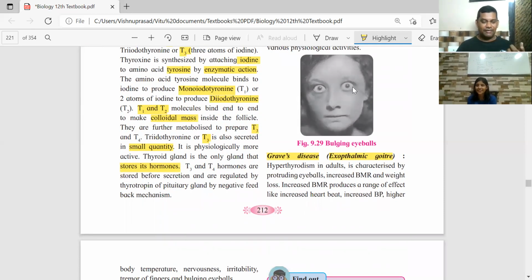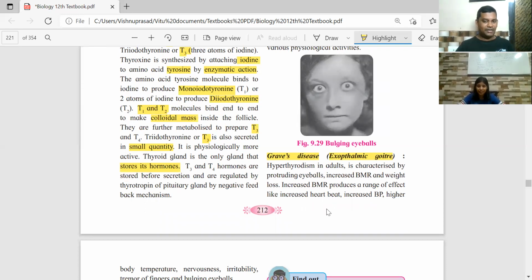Why is it so? Because in their body, due to hyperthyroidism, more fatty tissue is deposited behind the eyeballs. Because more fat is deposited behind the eyeballs, the eyeballs come out. That is the disease. So the person will have increased BMR,